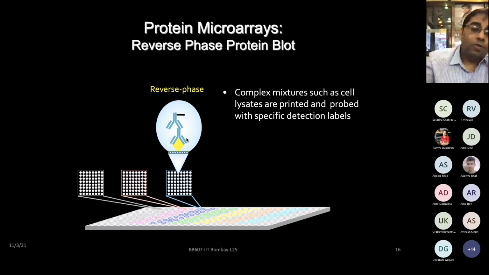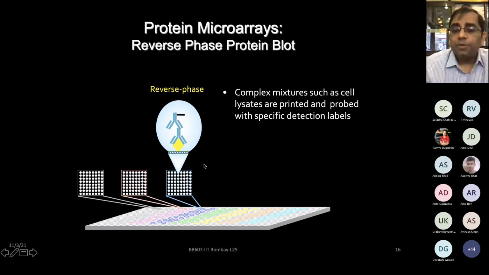They take a small chunk of tissue from these 100 patients, put it on this kind of array format, and then the antibody is floated over it. Wherever the antibody shows binding in a given complex sample from these 100 individuals, that means a higher level of PSA is being seen. Those can be quantified and will indicate that these individuals are at least more prone to prostate cancer. So reverse phase protein arrays are quite used for this type of application, but many other biological applications as well. The only difference here is that rather than printing antibody or protein, you are printing the complex mixture directly on the array, and then probing with the antibody for specific signal detection.